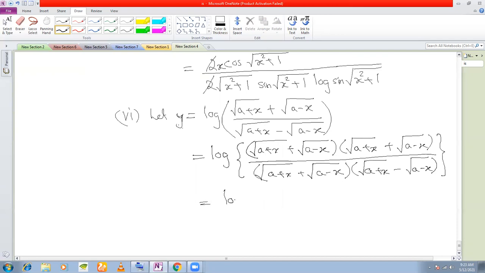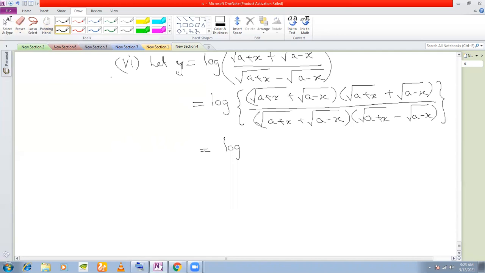So now this becomes log of root a plus x plus root a minus x whole square, divided by, and in the denominator you have a plus b into a minus b, which is a square minus b square. So a plus x minus a minus x,